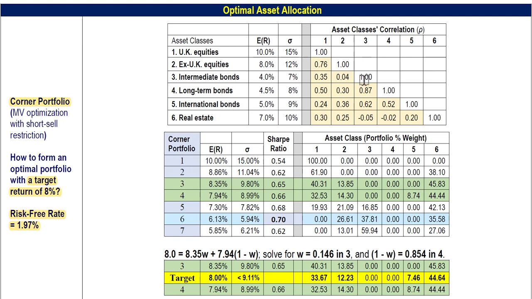Therefore, that's the reason why real estate is a good investment vehicle for risk diversification purposes. So once we have the basic information about risk and return and correlation, the next step is to determine what we call the corner portfolio. All right, the corner. So what is a corner portfolio? The corner portfolio is the minimum risk or volatility portfolio given